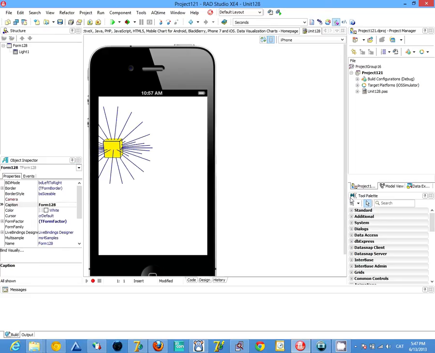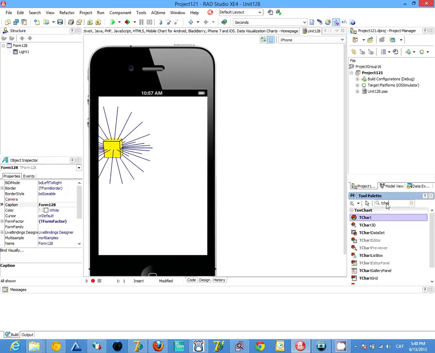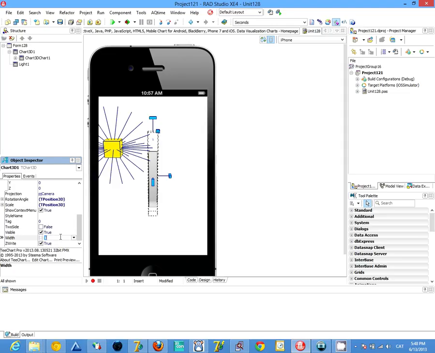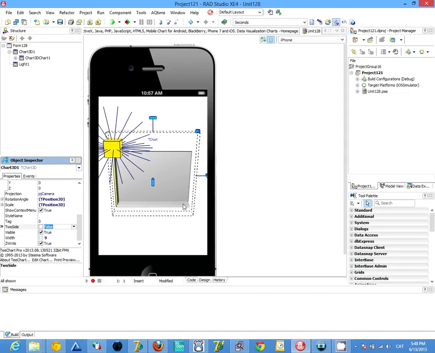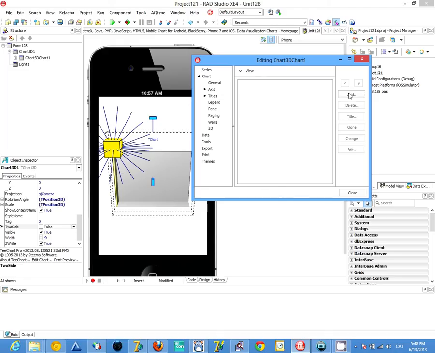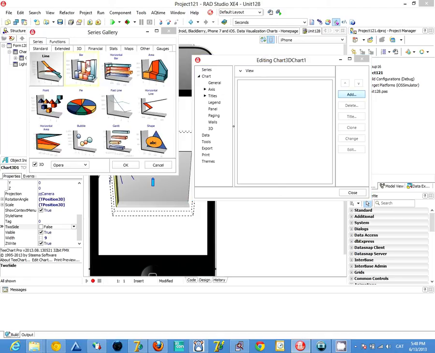And then we can add a TeeChart 3D control from the tool palette. The size is very small, so let me resize a little bit, changing height and width. And now we have here one chart, an empty chart. We can double click to show the editor dialog like a normal chart, and then we can, for example, choose bar series,